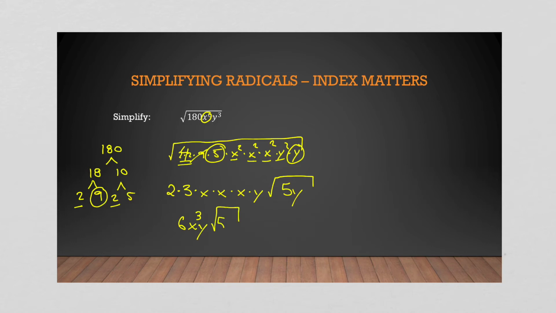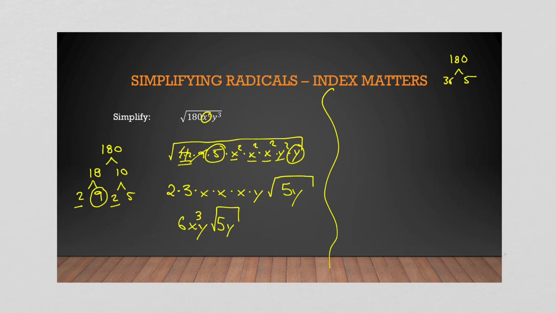Look at that a different way. If we look at what came out, a 6 came out. So 180 divided by 36 is 5. So technically, the square root of 180 could be written as the square root of 36 times the square root